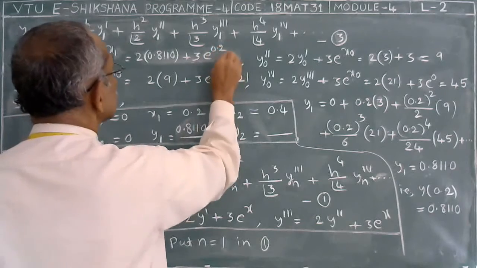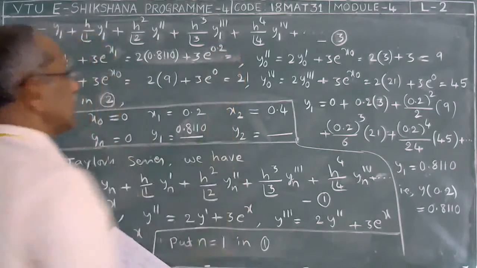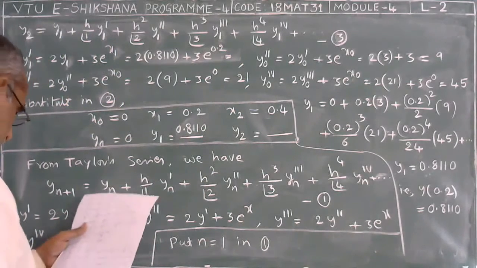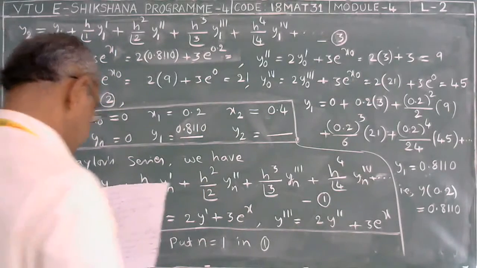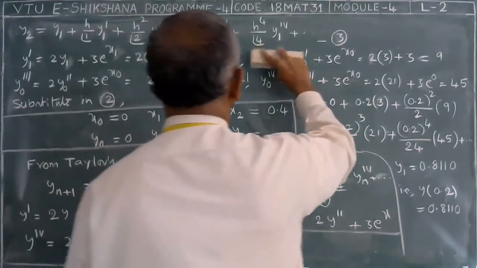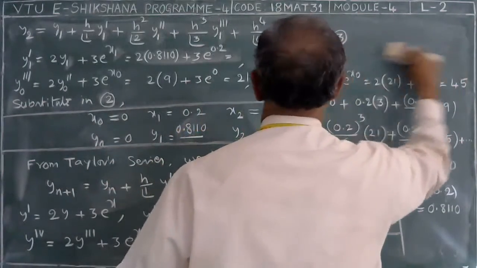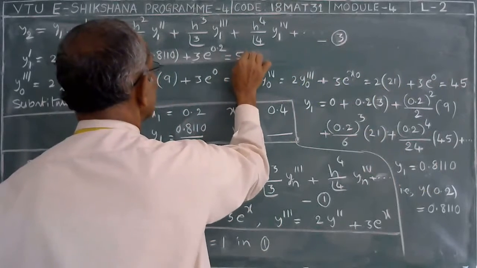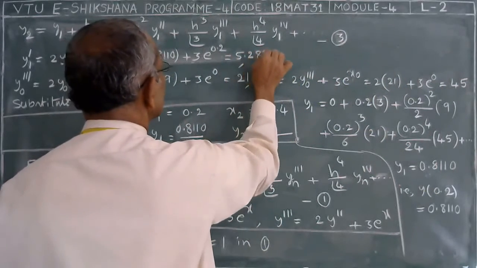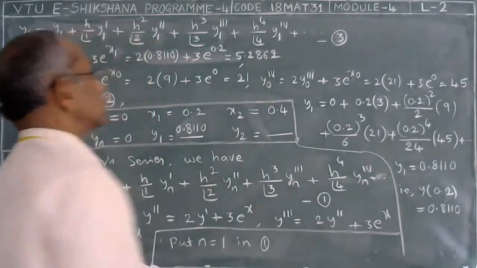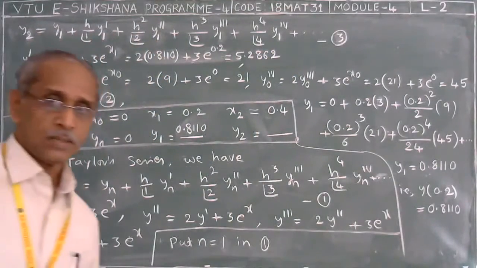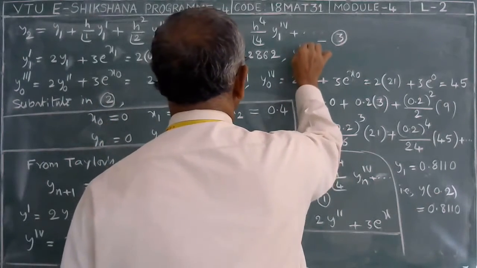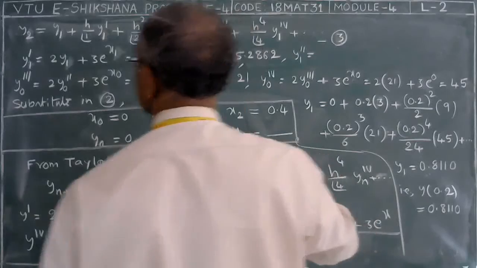So if you simplify this using calculator, you get 5.2862. Similarly, y1 double dash is